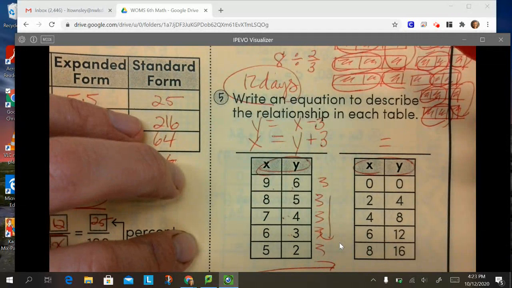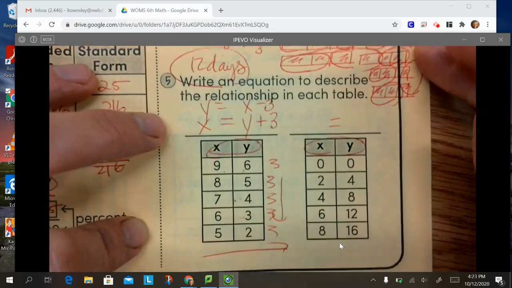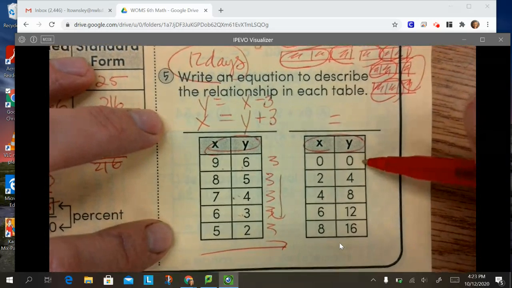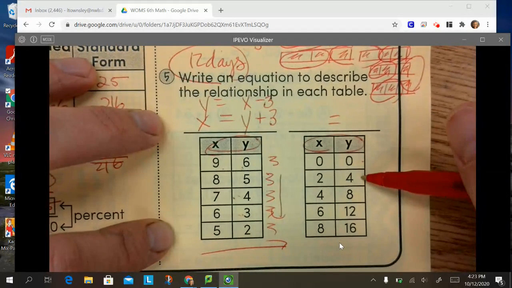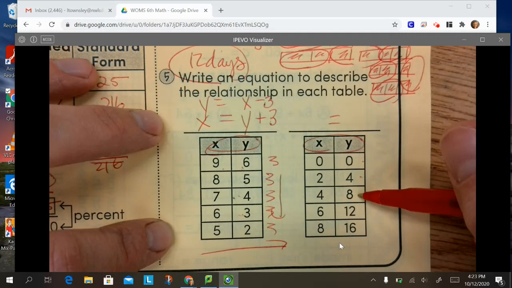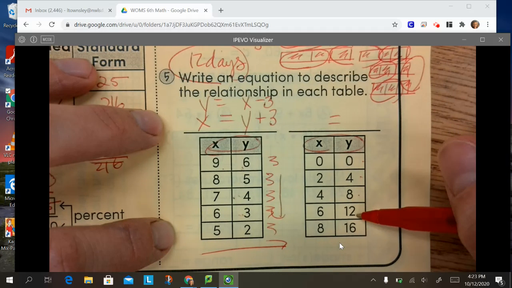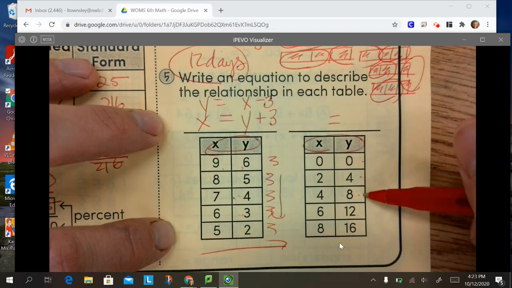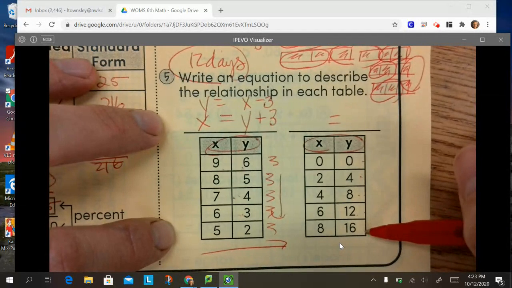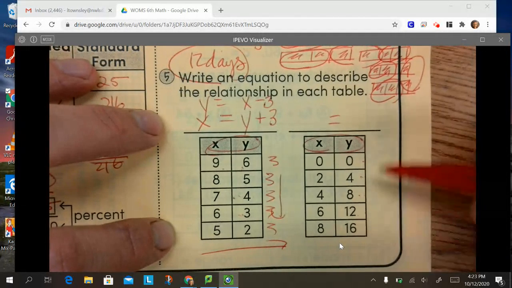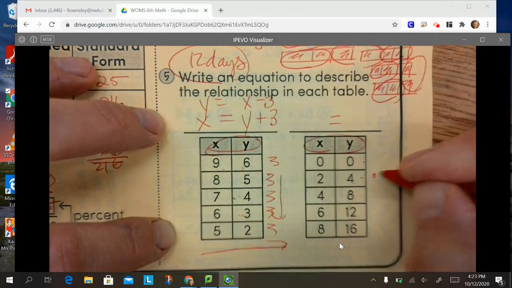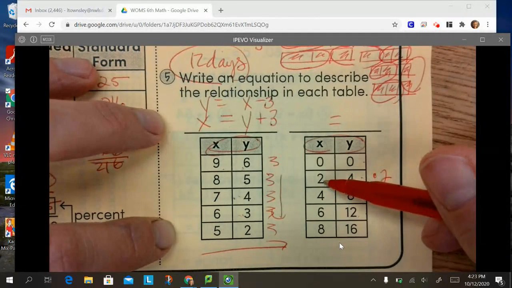Okay? All right, take a look at the next one. The next one, it looks like we have 0, so I don't see any relationship there. Here I see it's going up by 2, but here I see it's going up by 4. So that's not going to work. Here I see it going up by 6. Well, if I have 2, 4, 6, and this one's going up by 8, they kind of sound like multiples. So I'm thinking multiples like multiplication, so maybe this has something to do with multiplication. Well, what about times 2? 2 times 2 is